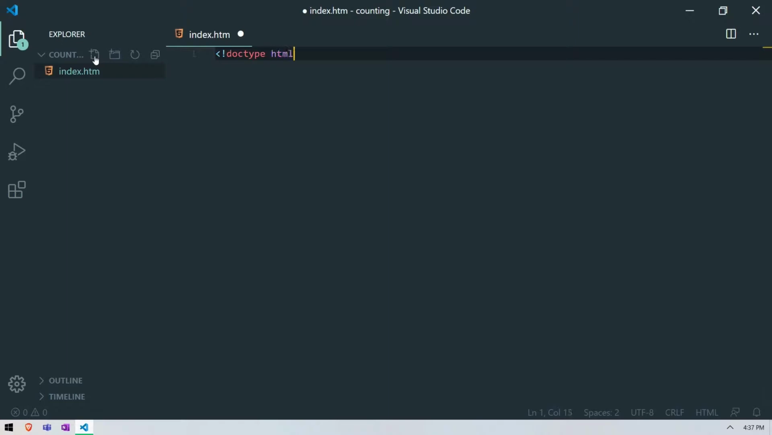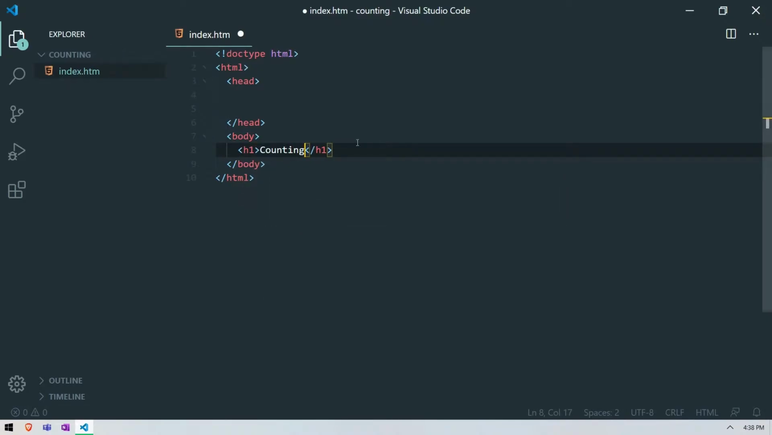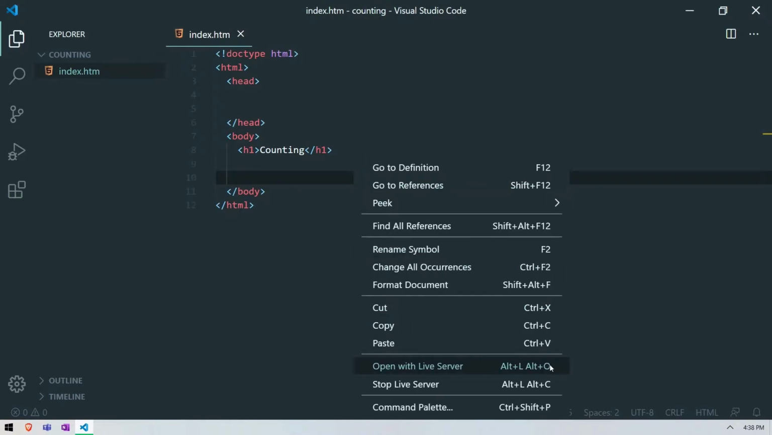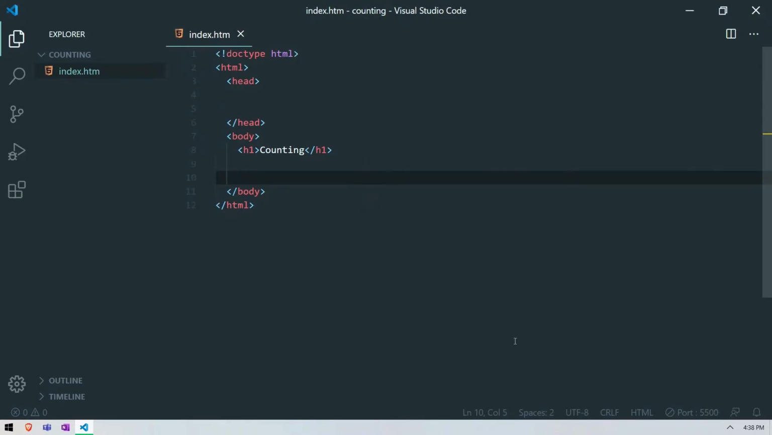So here we're just going to write the bare bones HTML again. It's always very, very similar. So just trying to get the head section ready for our scripts and the body section ready for the interface to our JavaScript program. We've got a heading for counting, and we're going to test out the live server stuff,